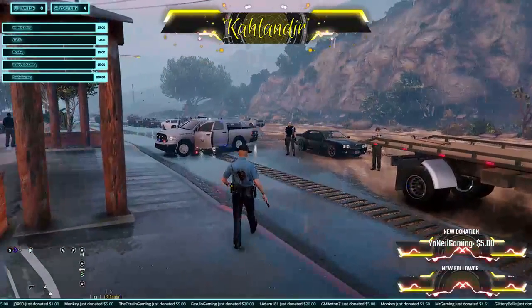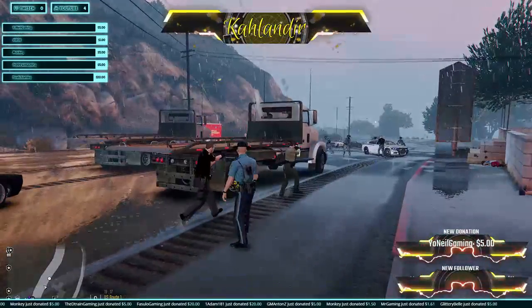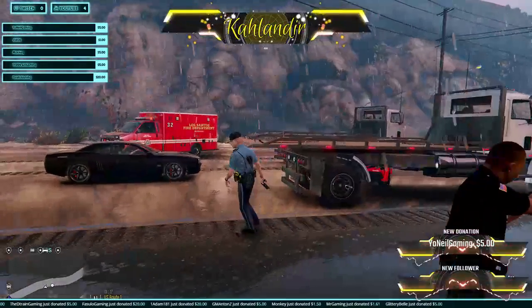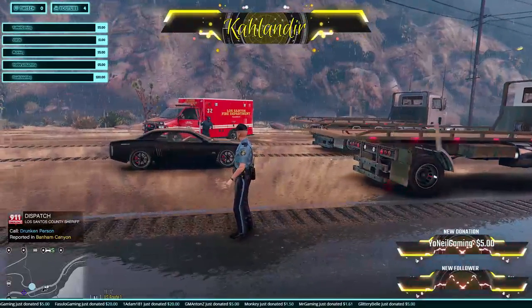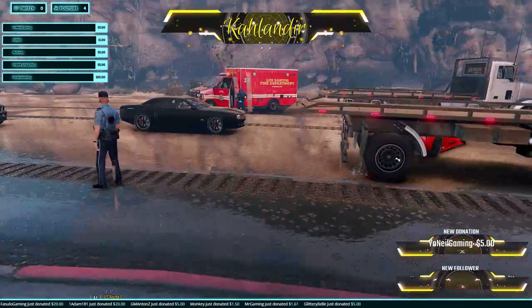Attention all units. We've got medical aid requested in Chumash. If nothing else, I need help. On code 3. Attention all units. We have a suspicious person on